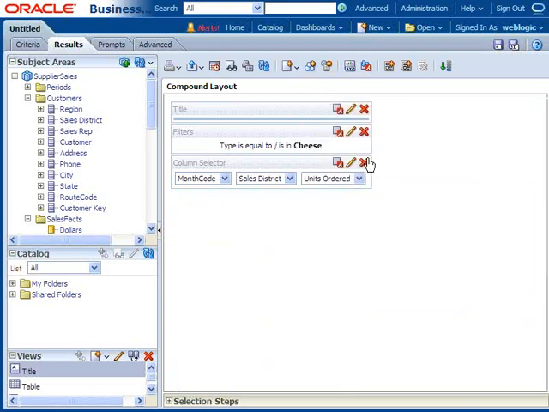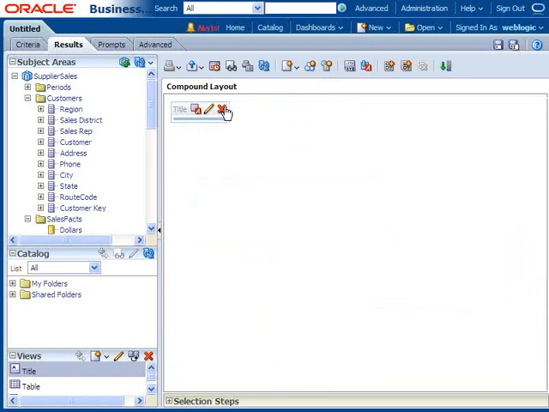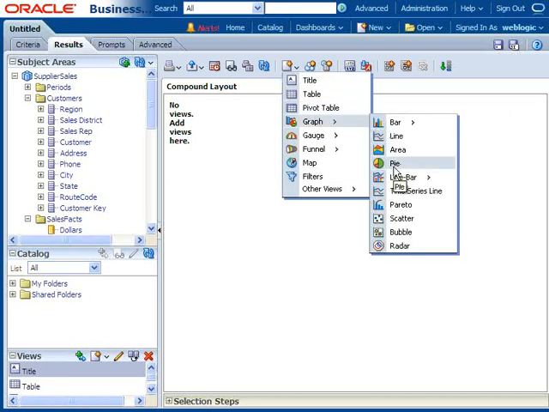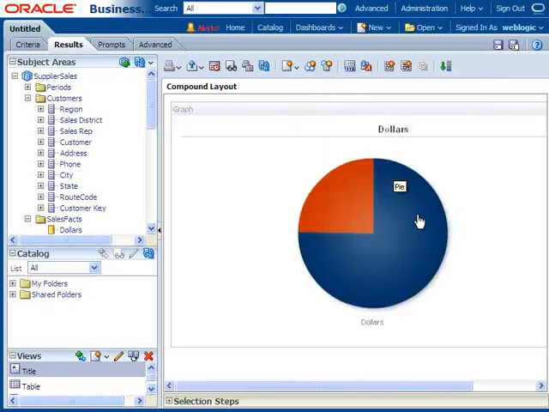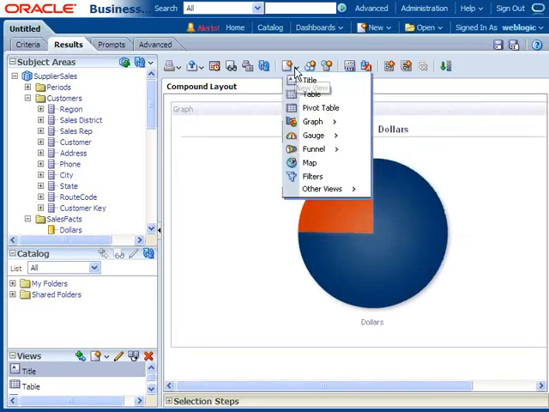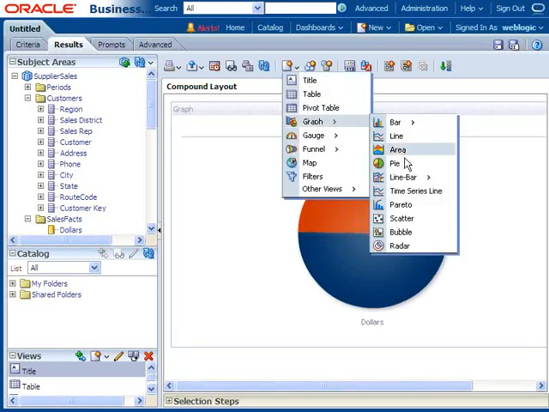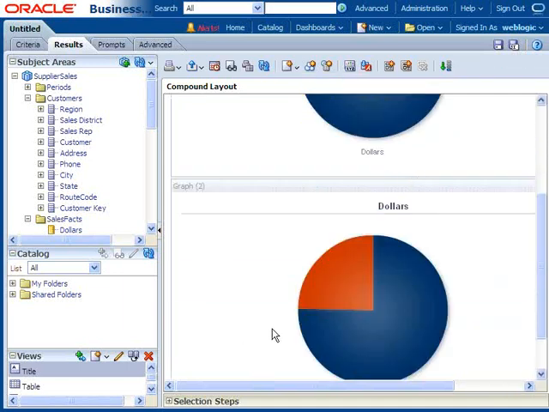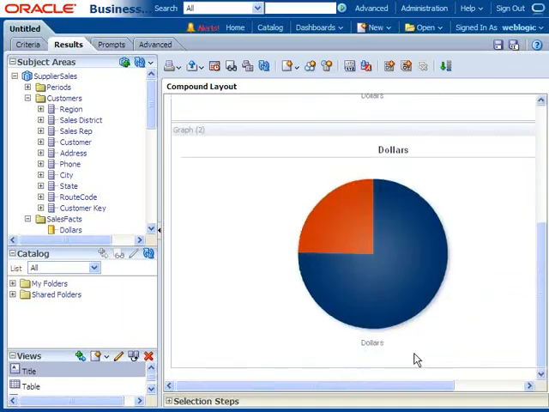First I need to create, I don't want all these things. I need to create one chart. So I am going for new, then graph. The chart I want is a pie chart. Let us go for pie. Automatically we got by default year versus, done. One more thing I also want which talks about region versus, so I am going for one more pie. Then I got graph 2 here